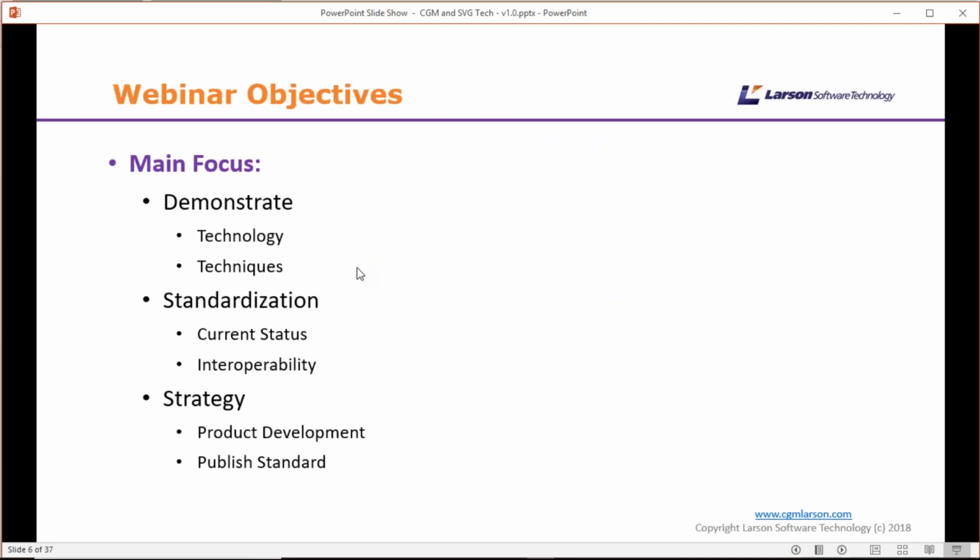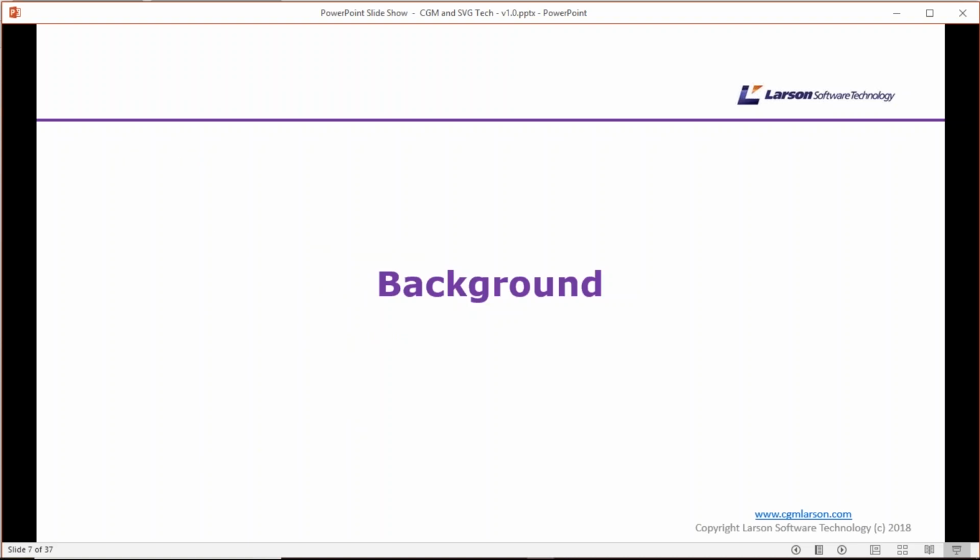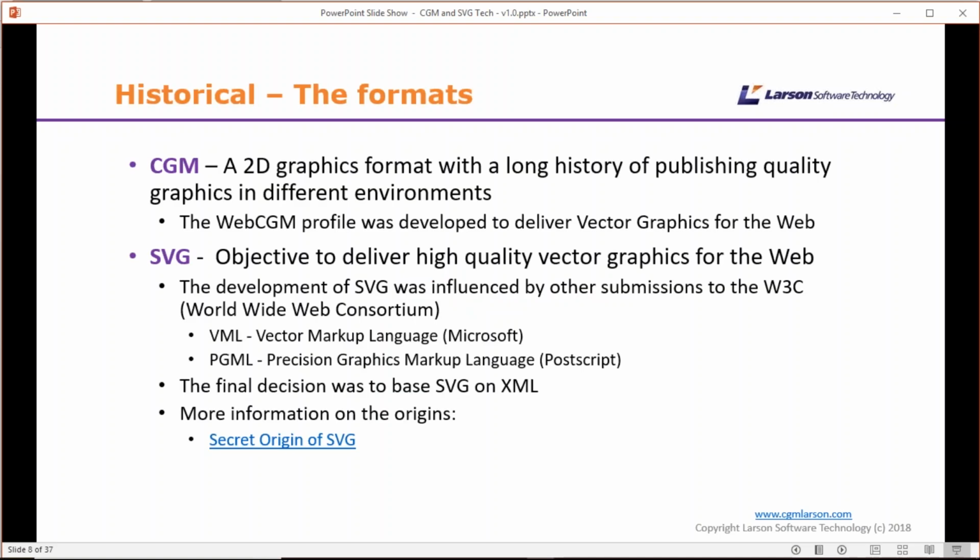And then we've got strategy, so what we're doing going forward, product development, and also the standardization of what we're trying to achieve as well, with data exchange, say, between SVG and CGM. So to give you some background to begin with, if you didn't attend the workshop back in February,